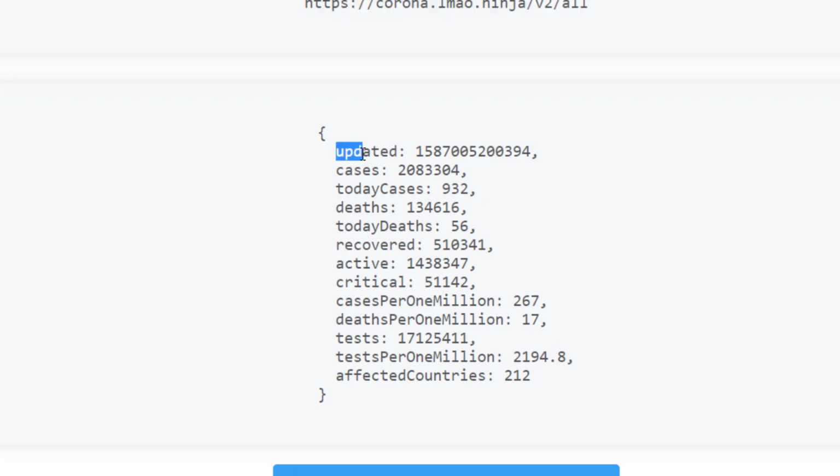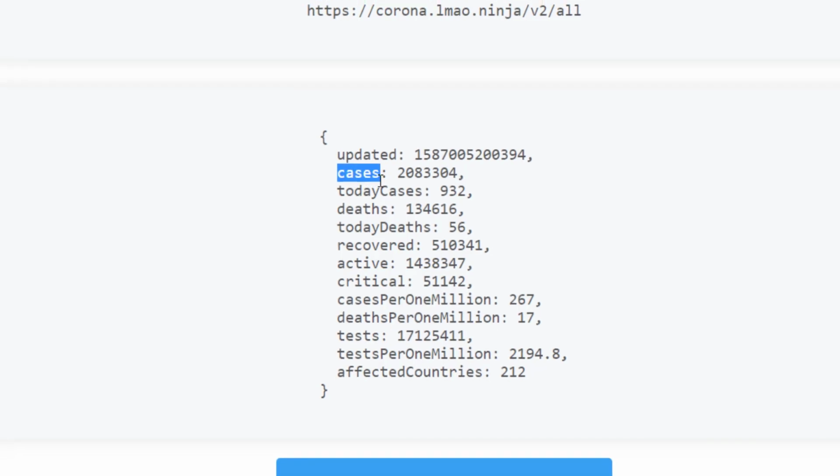This is a key and this is a value. In our case we have mentioned just four data: cases, deaths, recovered and critical. There are a lot of cases, so you can use more than that. For example purposes I have used only four.